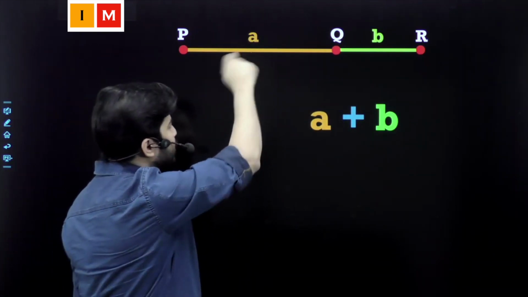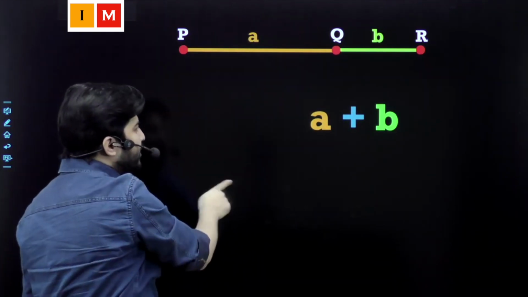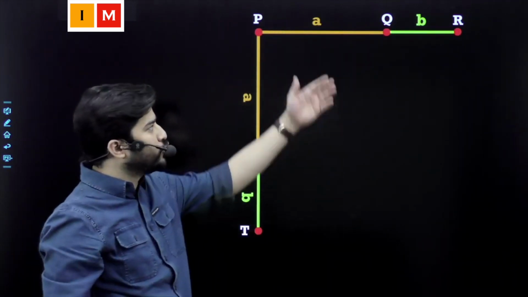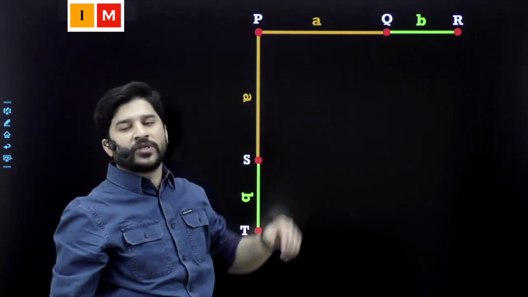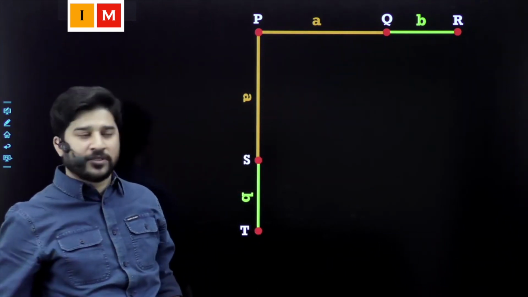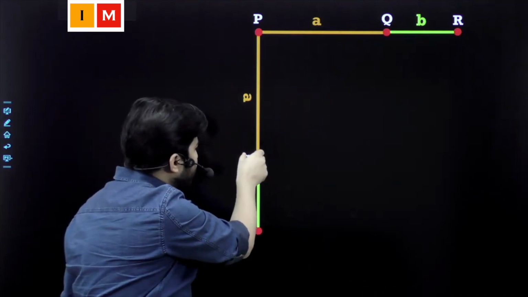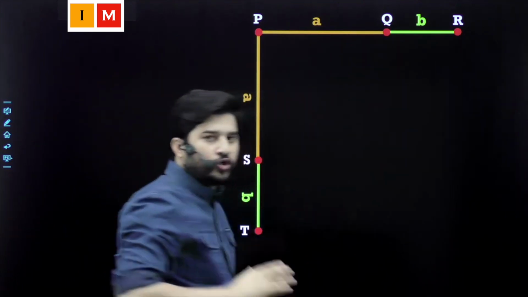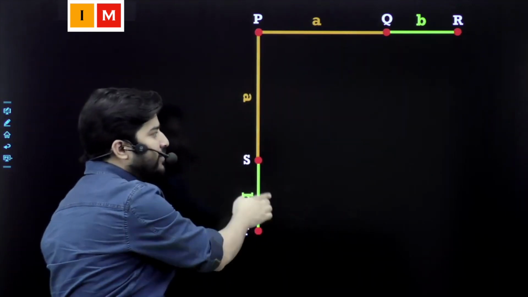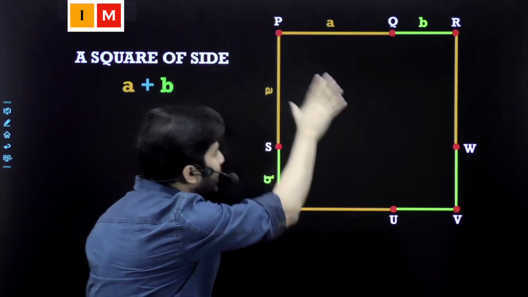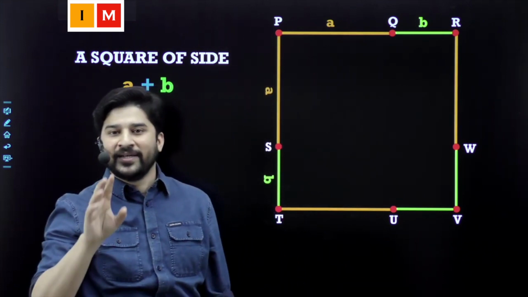Try to create one more copy of this length and create something like this. So you get an L shape, or right angle system, with two edges. Both the ropes are of the same length, a plus b, a plus b. Try to take one more copy and put it here, and one more copy and put it here. So you have created what? Something like this, a square. Now you have a square whose side is a plus b.